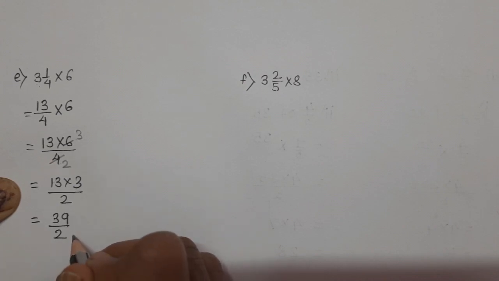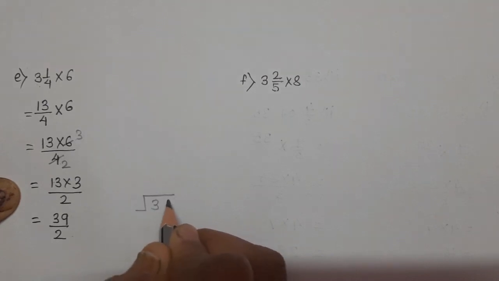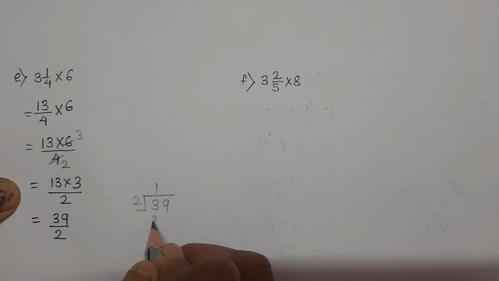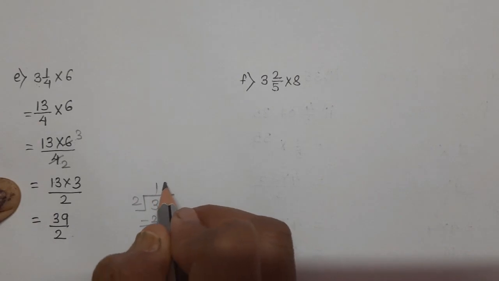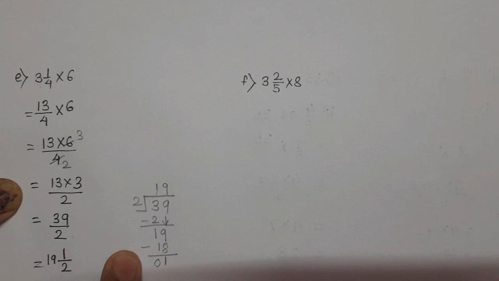See, this is an improper fraction. So let's convert it into a mixed fraction. So how to convert? See, 39 divided by 2. 2 ones are 2. 3 minus 2, 1. 2 nines are 18. Okay, we got remainder 1. So write this: 19 integer 1 upon 2. Those who know how to write this directly can write it directly. But some students are new, they do not understand. So I am showing each and every step here in detail.